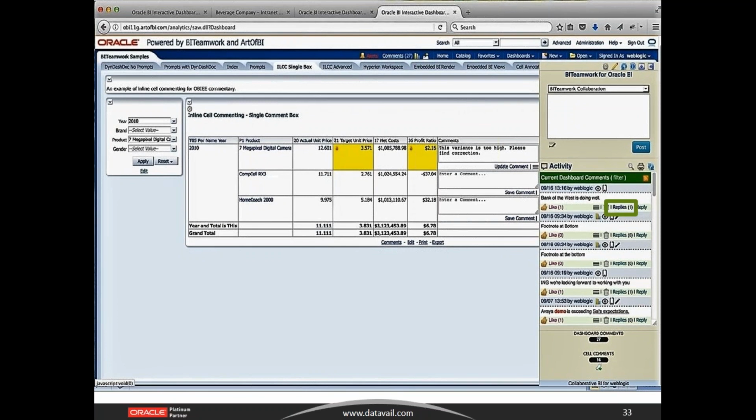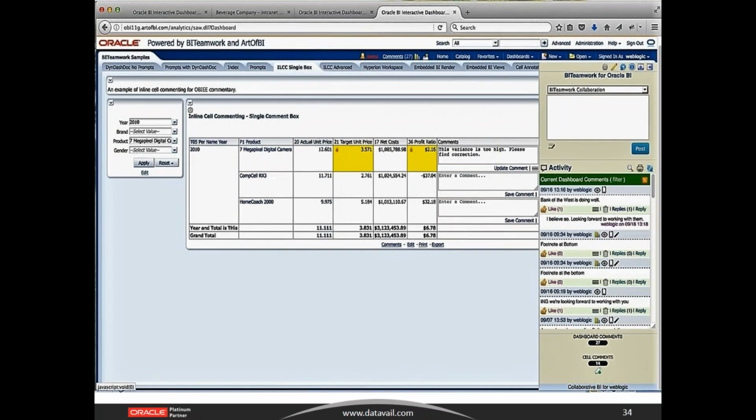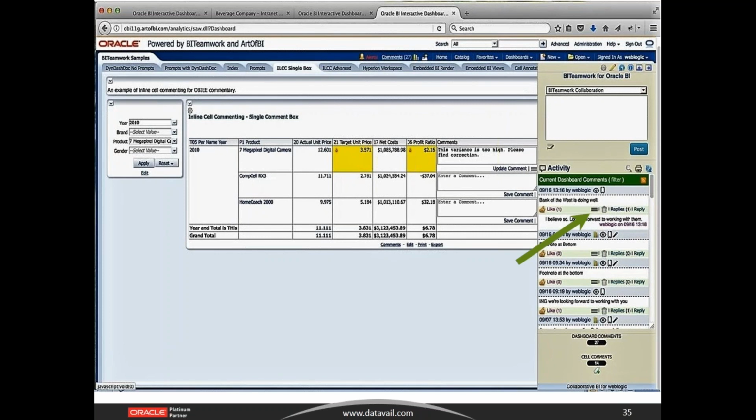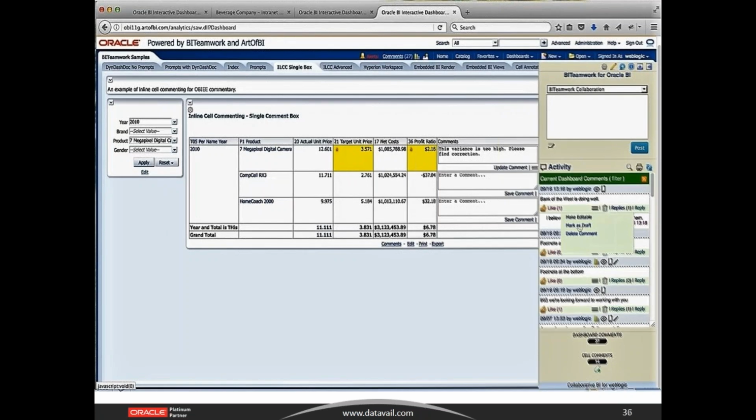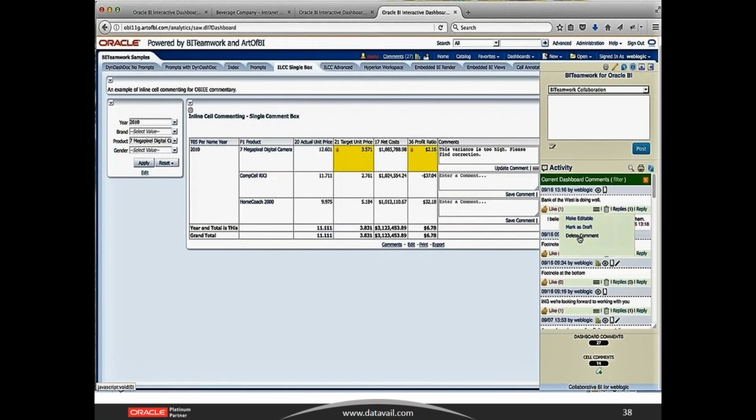And if you click on replies, you will see the reply you posted to this comment, as well as any other replies that have been posted to this particular comment. You can also see a timestamp showing when the reply was posted and by whom. Now, if you click on this menu here, it reveals 3 additional options, which allows you to make a comment editable or mark it as a draft or delete the comment if you are an administrator or the creator of